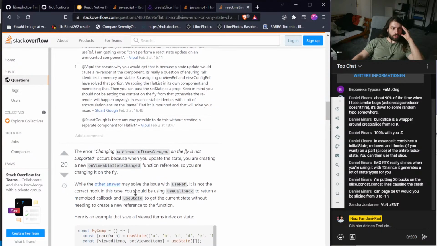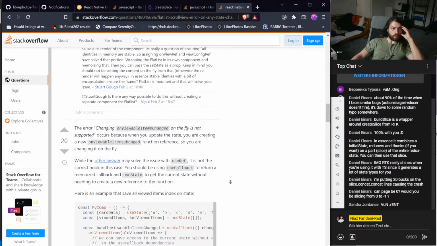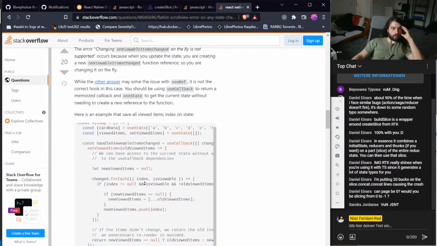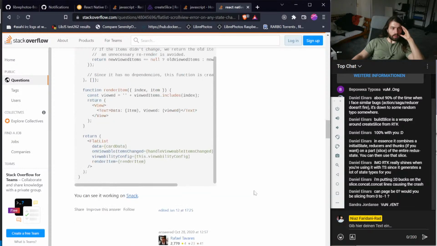The error "changing unviewable items changed on the fly is not supported" occurs because when you update the state, you are creating a new unviewable items change function reference, so you are changing it on the fly. Okay. While the other answer may solve the issue with use ref, it is not the correct hook in this case. Oh, what the heck.